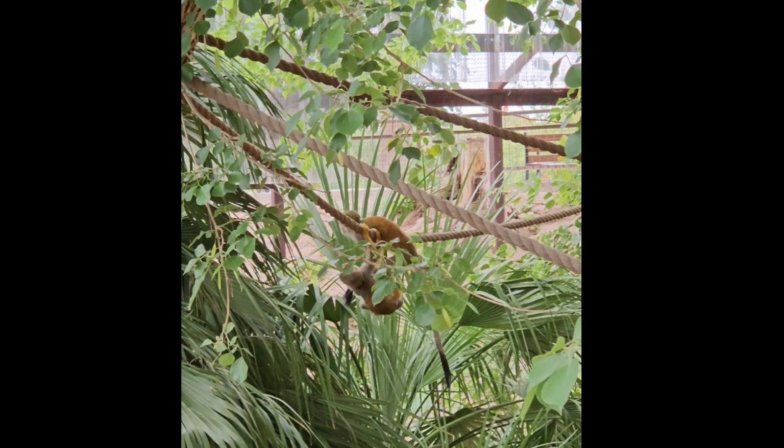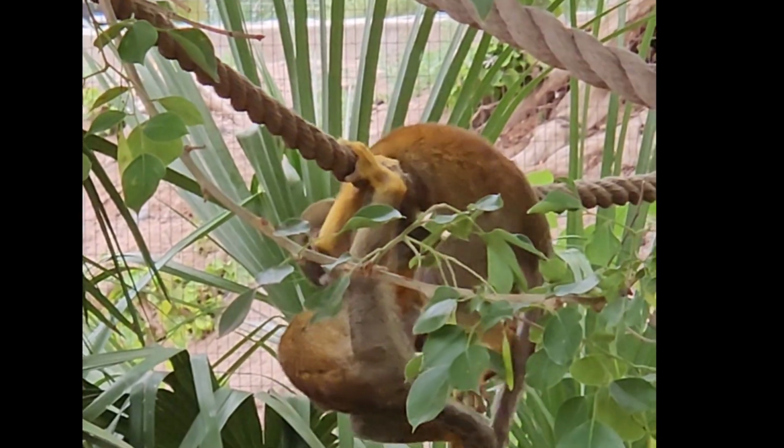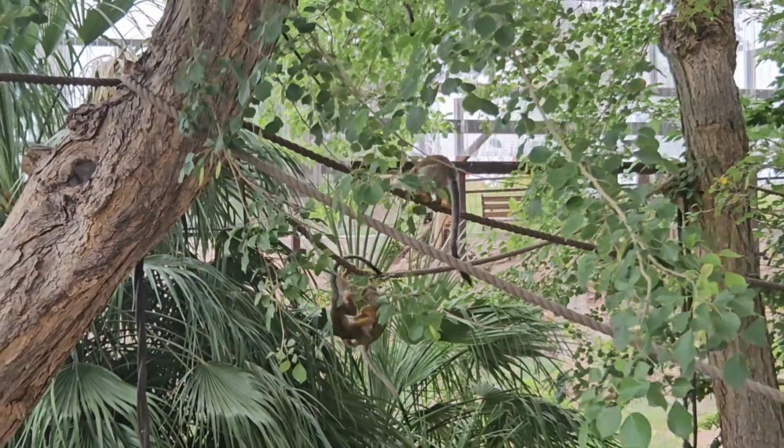Yeah. So then what's their lifespan? In the wild, it will be about 8 to 12 years. In captivity, they can live upwards of...